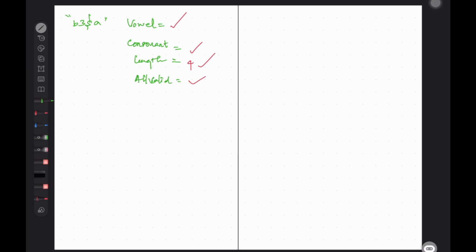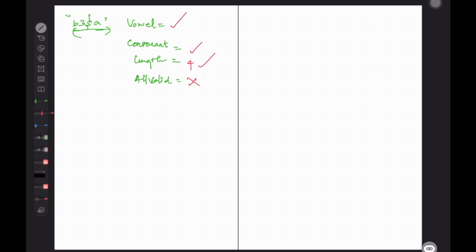If you see, it has a vowel, it has a consonant, the length is also 4, which is greater than 3, but are all characters valid? No, it has a dollar symbol, so it is invalid. I hope this makes sense. So like this, all these checks should pass to make anything valid.